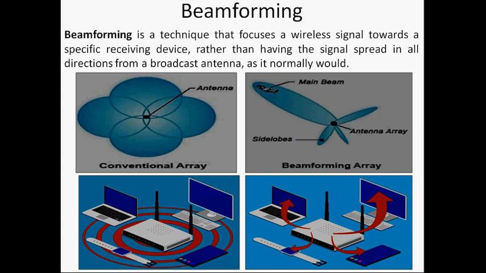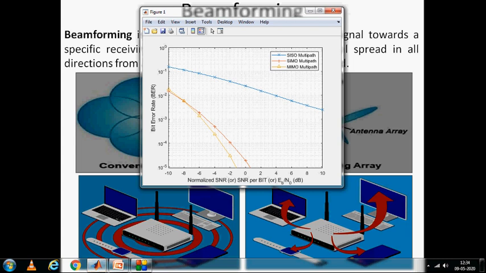Now after that, let me explain about beam forming. Now what is the use of this beam forming? Generally by using beam forming you can avoid these multipath problems, and beam forming will help to improve the directivity. Without beam forming, the signal is going to transmit in a broadcast manner, but whenever you incorporate beam forming, the signal is going to have much more directivity. Because of this directivity you can improve energy efficiency. You will get high energy efficiency.